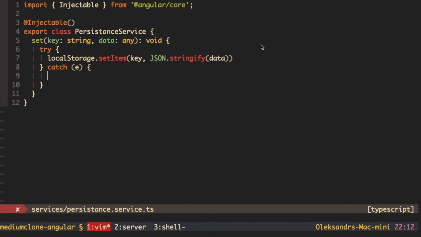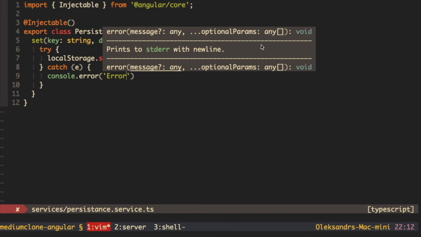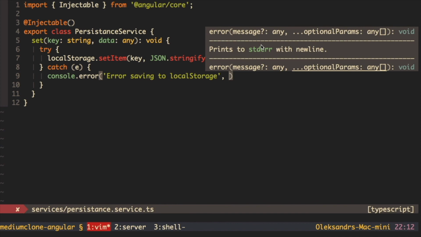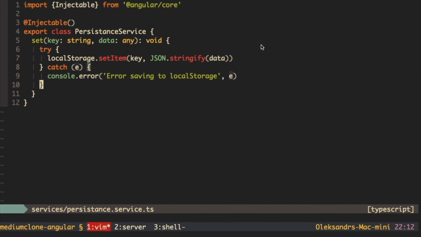If we fail, so we can't stringify or something like that, we want at least to console maybe an error, and here will be "Error saving to local storage", and here will be our error. So our set function is ready. Now we need a get function. Of course, we get just by key, and our result will also be any,